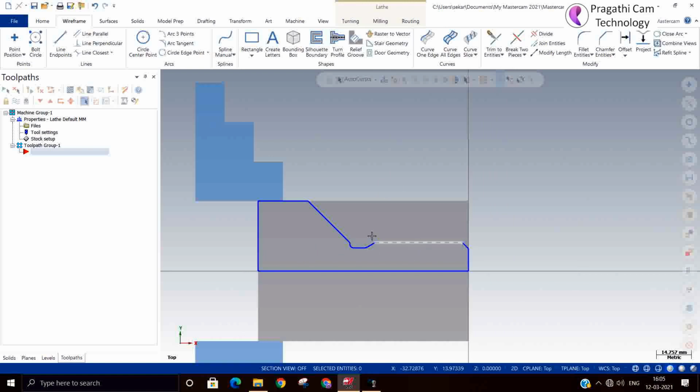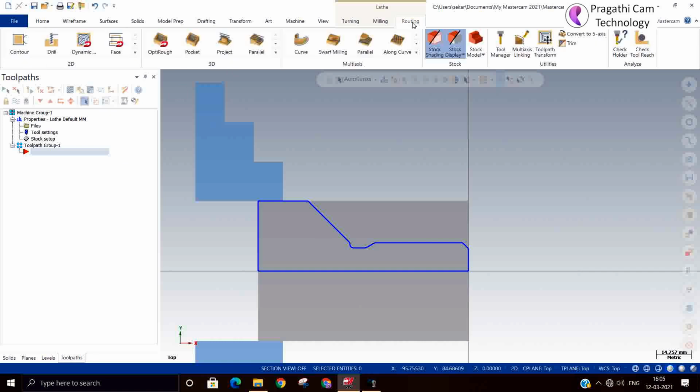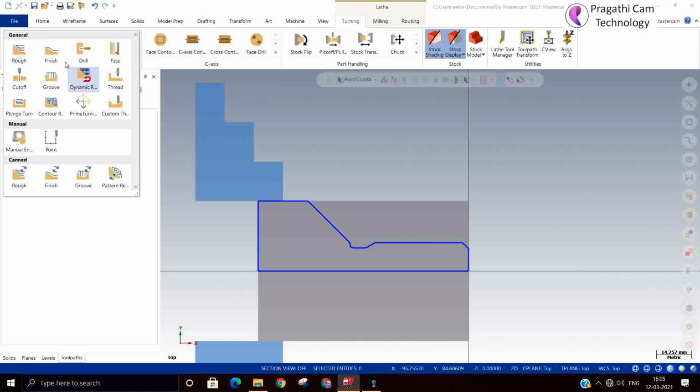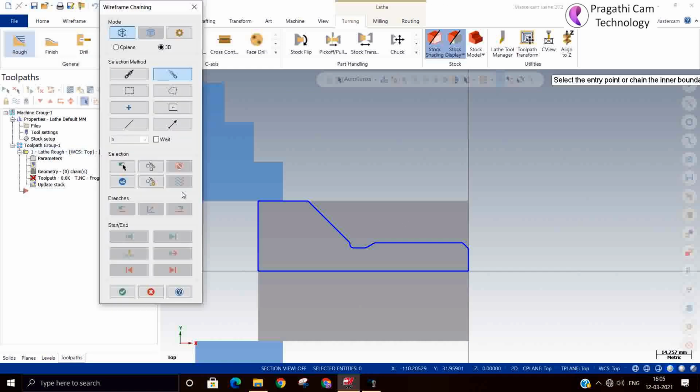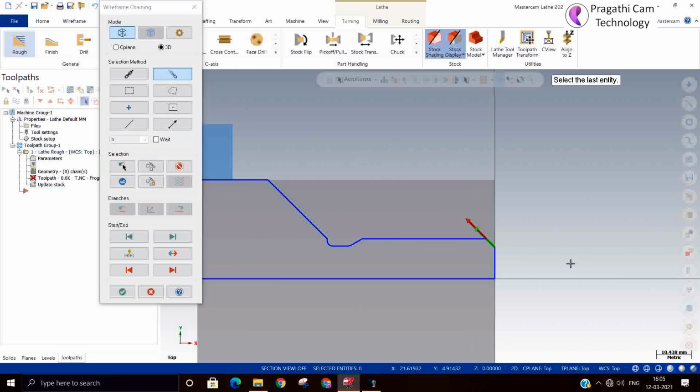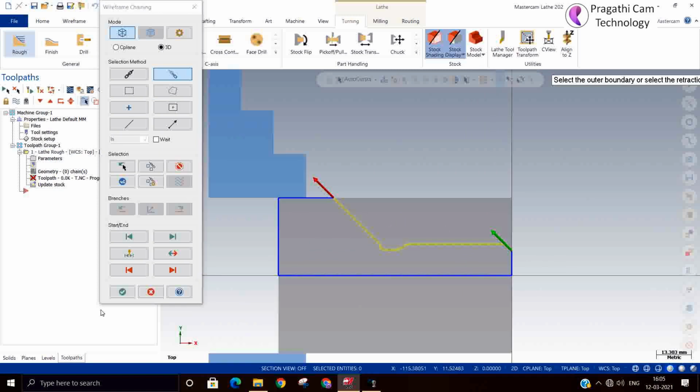So now first we'll start roughing, then we'll do grooving, then we'll go for the thread toolpath. So first let me do the roughing from there to here. So accepted.